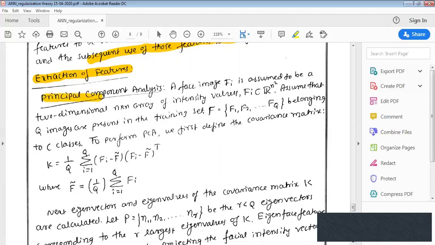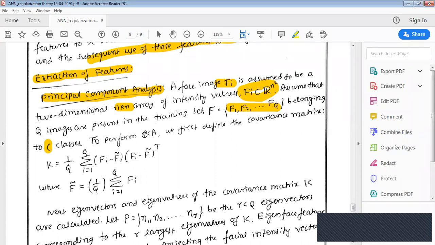That's why we will use principal component analysis. We consider a facial image as an n cross n array with the intensity values. We are going to train the neural network on the intensity values, to see how many such features are present. Let's say 10 different feature vectors are extracted, and I have named them f equal to f1, f2, f3, and so on up to fq. So this is for one person. Like this, all the persons we are going to take form C classes, that is, if C is equal to 10.